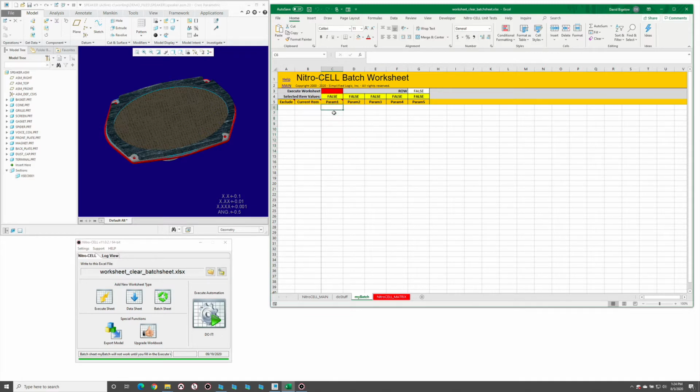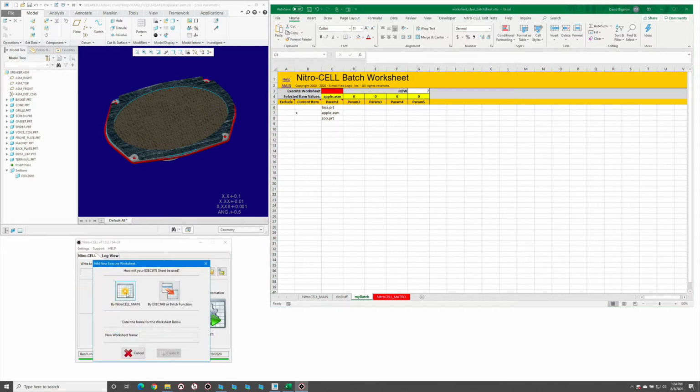So the idea here is if we had box.prt and apple.asm and let's say zoo.prt. Wherever we put this X is basically going to be the active item that is automatically pulled to the top. And then this is used as a reference for what execute sheet we want to execute on the backside. So if I create an execute sheet that's actually running from the back, we'll say